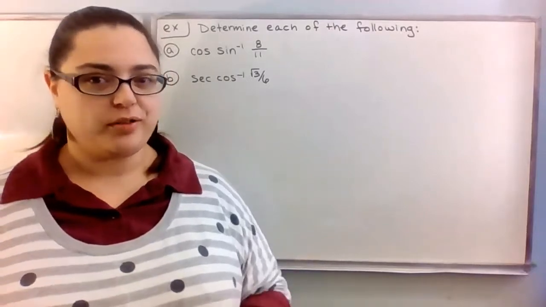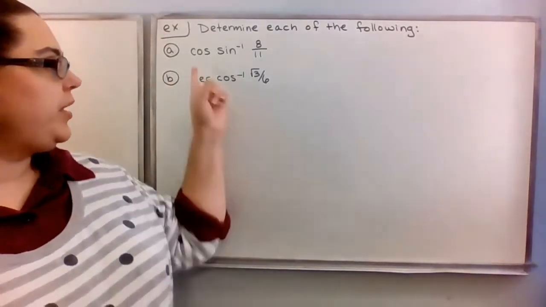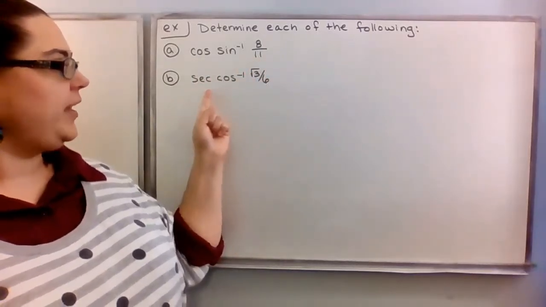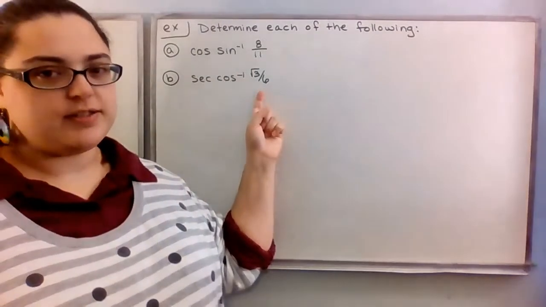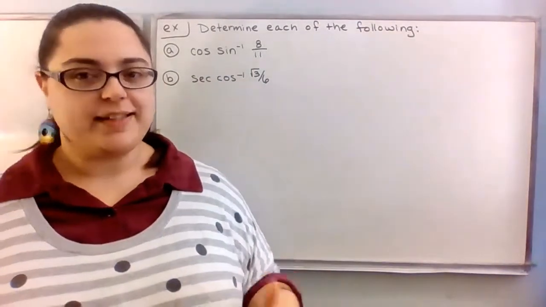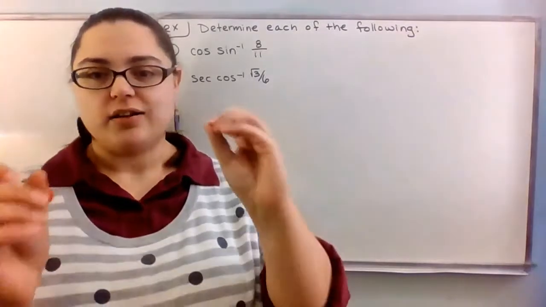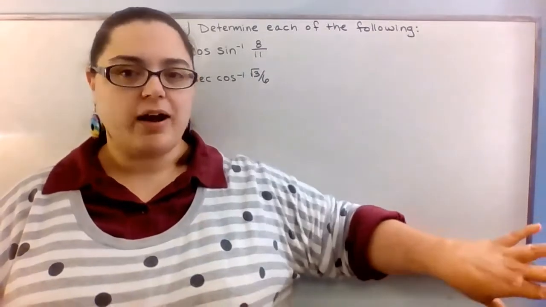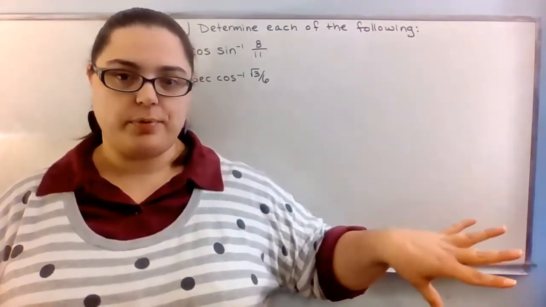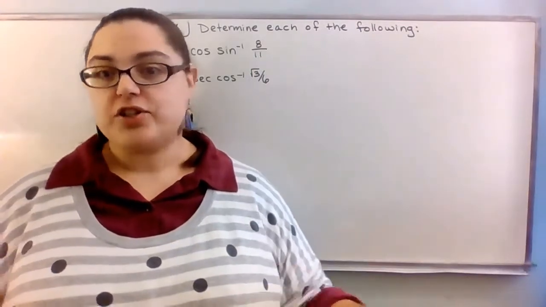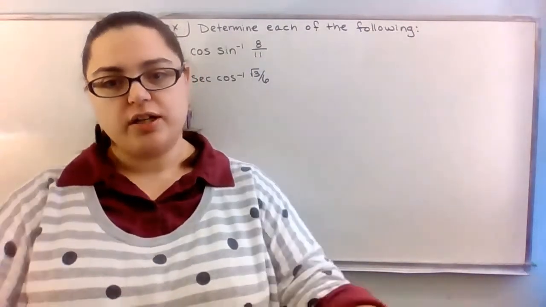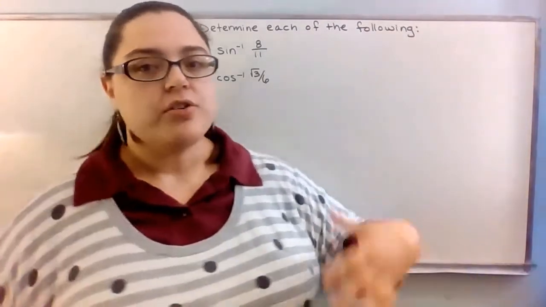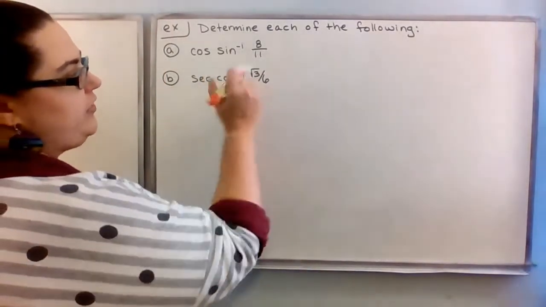For this example, we're going to work through two problems. We want to determine cosine of inverse sine of 8/11, and we're going to determine secant of inverse cosine of √3/6. To complete these problems, remember that a regular trig function, like cosine, takes an angle as an input and spits out a real number, a ratio, as its output. Inverse trig functions work opposite: they take a real number as their input and spit out an angle as the output. So when you see something like inverse sine of 8/11,